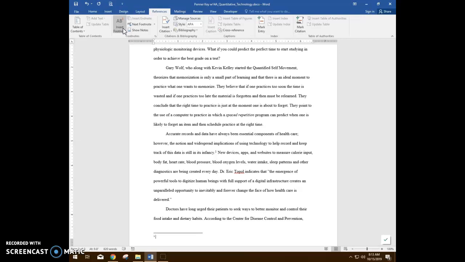So it puts a little number 1 up there where I was at, and then it takes us to the bottom of the paragraph. So down here on step number 3, it says to type in Department of Health and